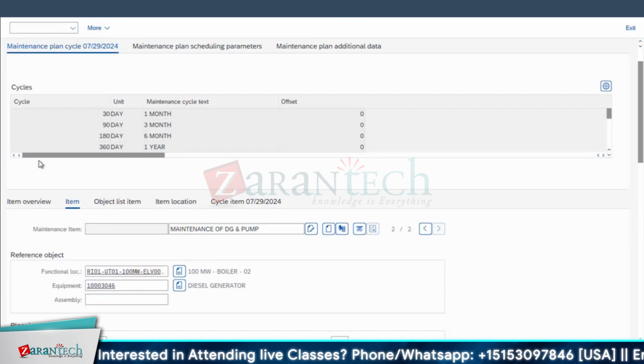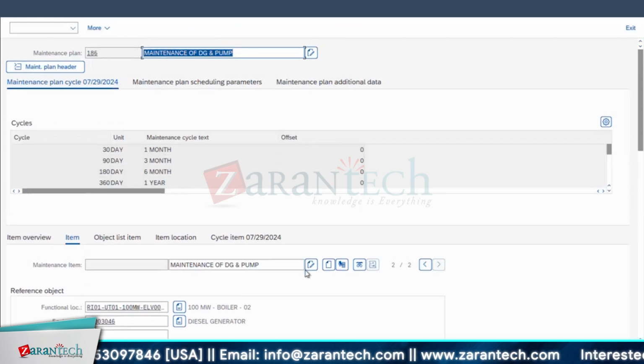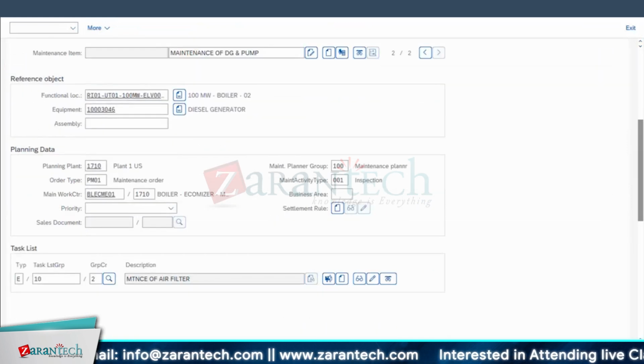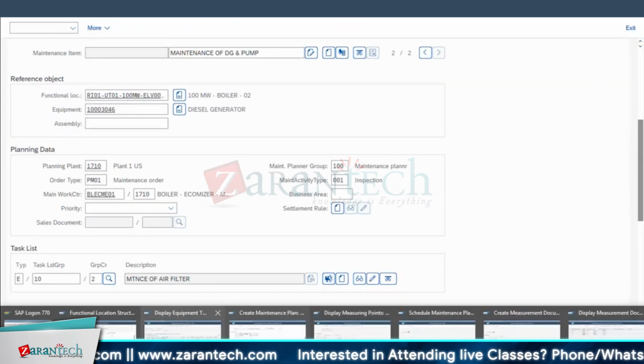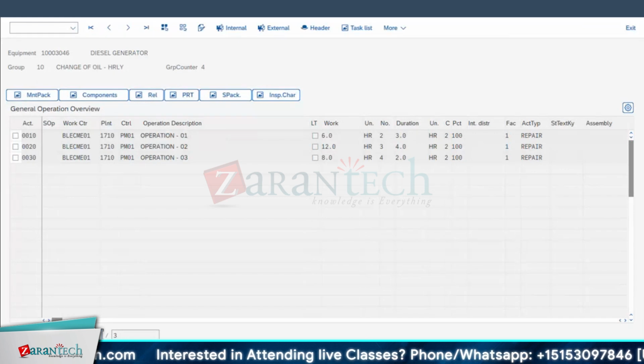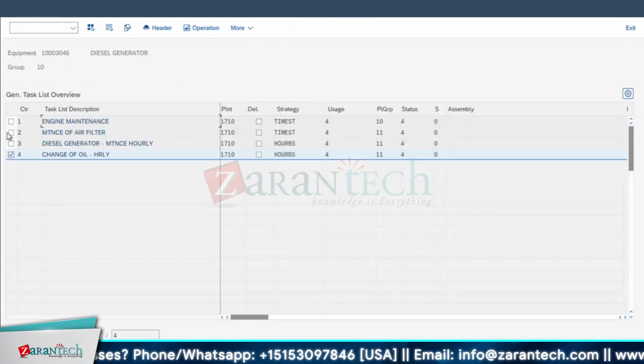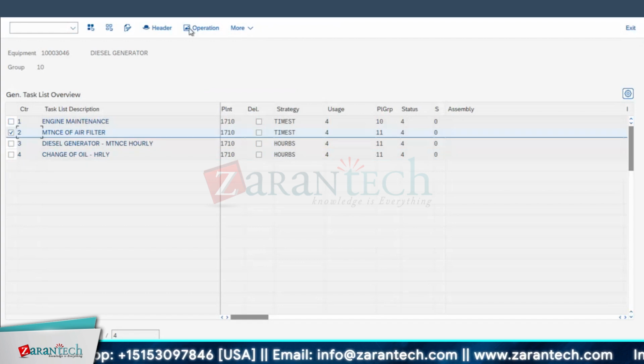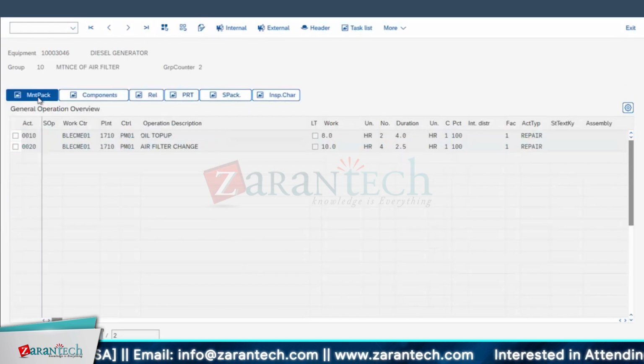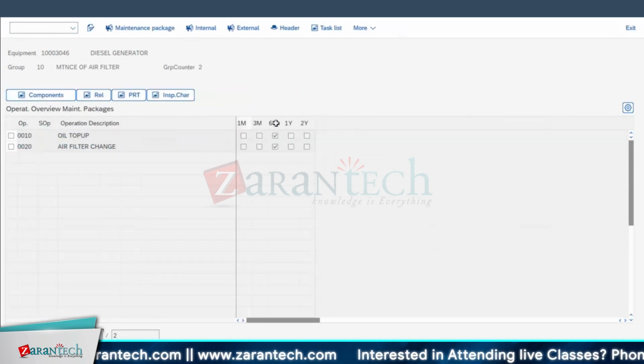Okay, then how will the order get generated? When should this second item's order get generated? If we have not seen, let me go for the task list and we'll see. Let me go for this display task list. We are dealing with counter 2, right? Counter 1 anyway you have seen. Counter 2, go for your operations like maintenance package. This order will get generated every 6 months. Okay, for the other one,